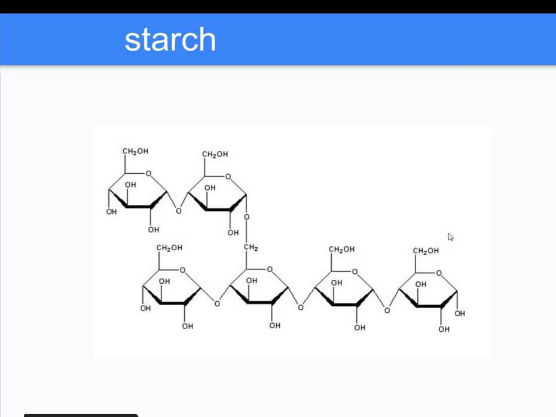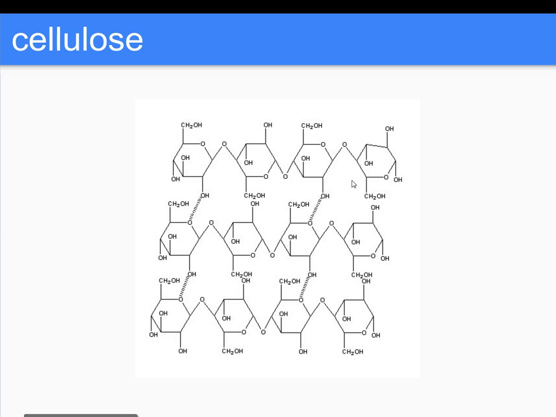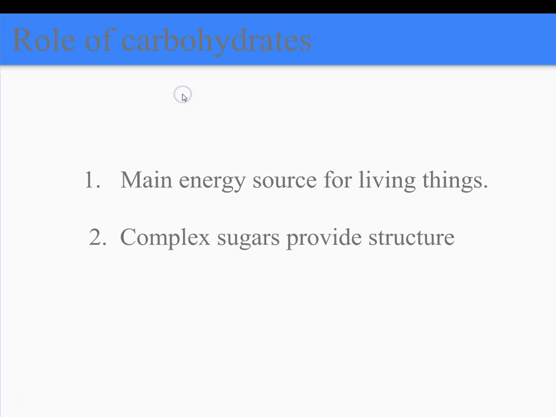So it takes a little bit more energy, it takes a little bit more time for your body to actually digest a starch molecule. Cellulose is linked together with these specific linkages, and as a result, our bodies can't process and digest this. We don't secrete the necessary enzymes to break apart cellulose. So as a result, things that are rich in cellulose, our bodies don't digest. We don't get the energy from it. It passes through our digestive system as cellulose.